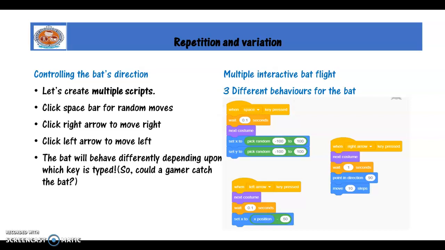But in the previous program, I controlled the entire program using a single key, that is the up arrow. Here I'm using three special keys. One is space, another is the right arrow, and the other is the left arrow. If I press space, it needs to do this particular operation. If I press the right arrow, it is supposed to do this operation. And if I press the left arrow, it is supposed to do this operation. So now let us check how this will work.